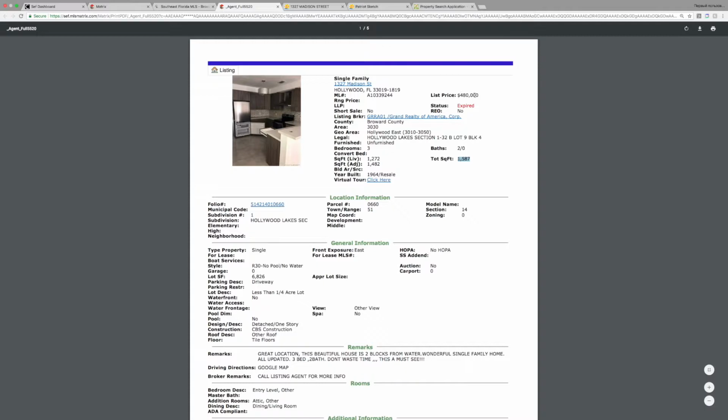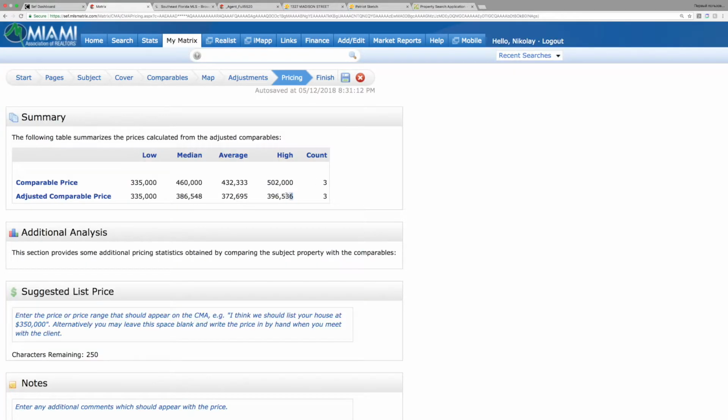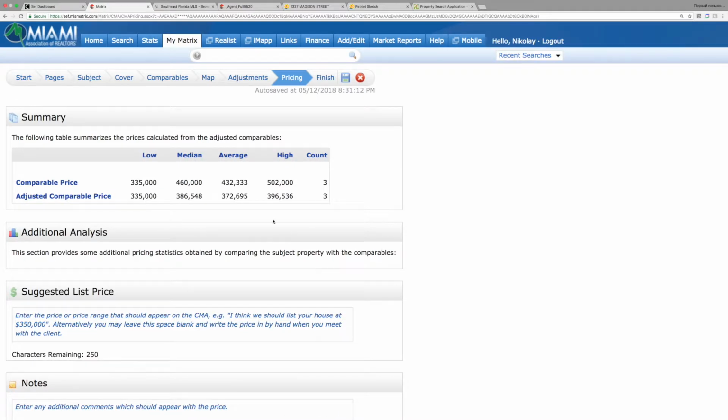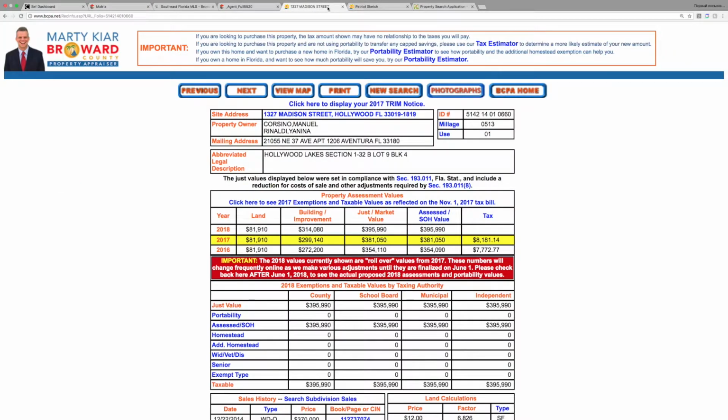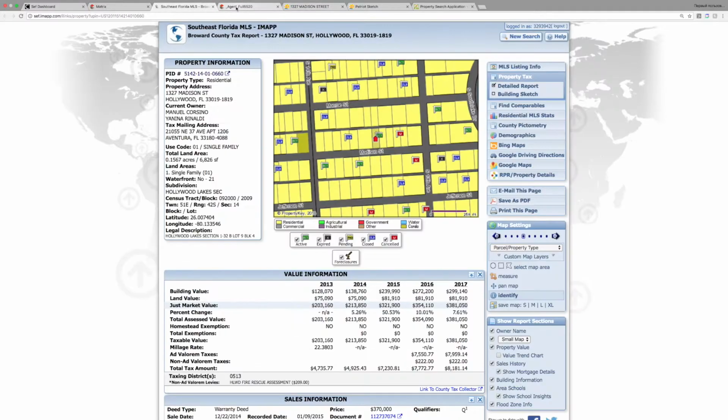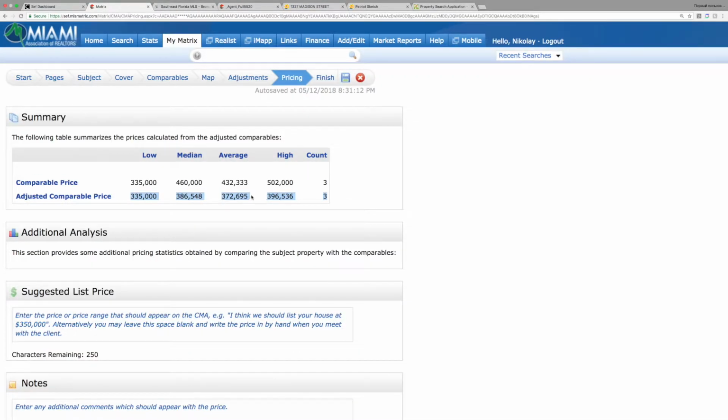So let's check. It was listed at 480 and it wasn't sold. Yes, because it was listed at much higher price than adjusted comparable market. But definitely based on the price per square foot sold, these are the numbers, and you can advise your seller on that. But because it was bought in 2014 at 370, they definitely will not list it, I guess,